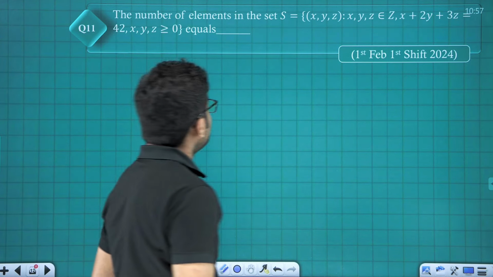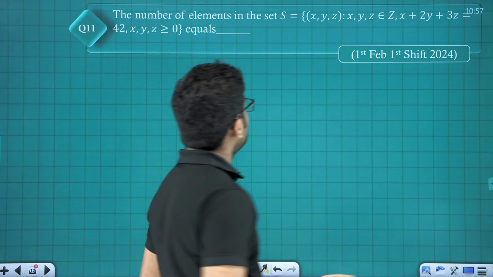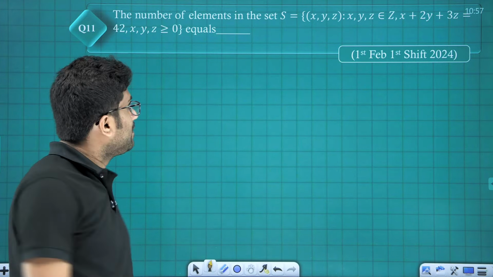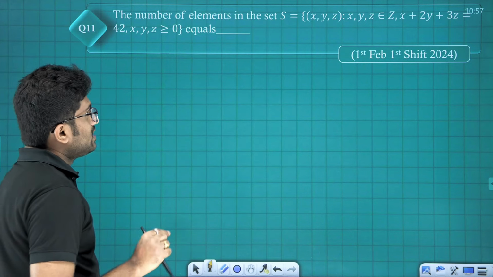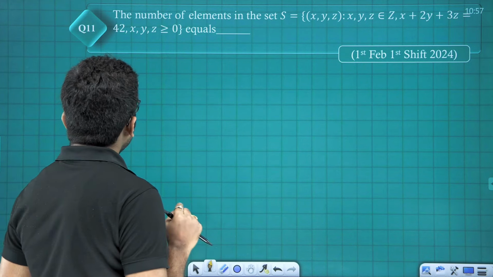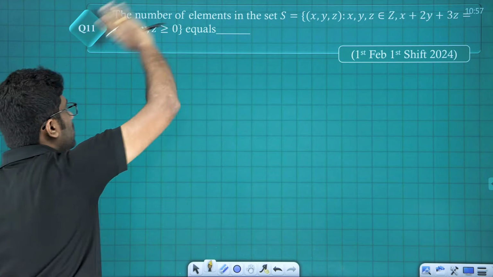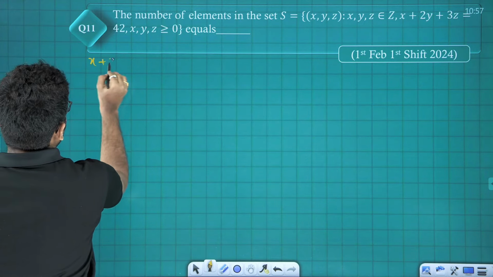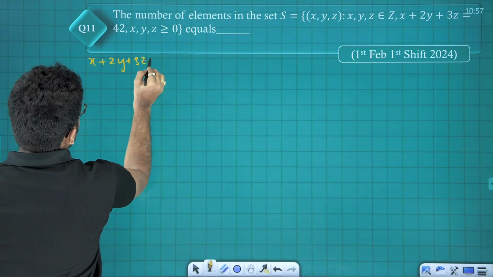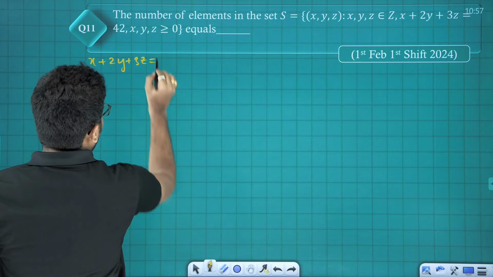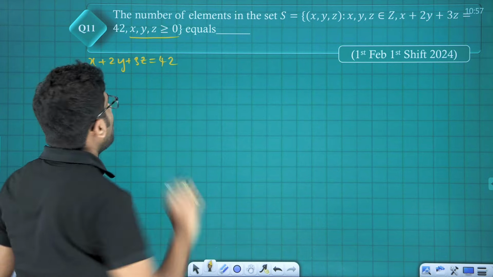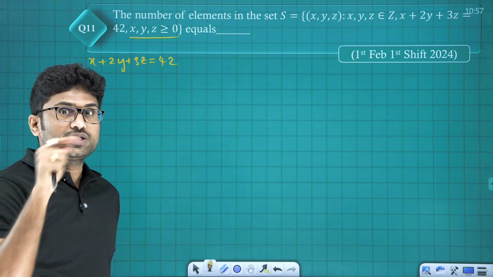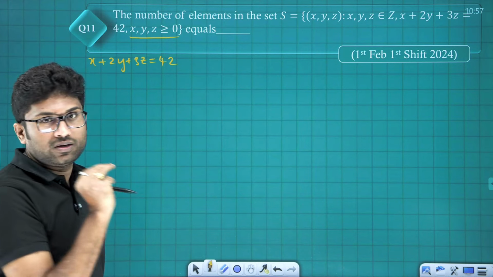The number of elements in the set S, which is the set of ordered pairs of x, y, z. x, y, z are integers, greater than or equal to 0. That means only non-negative values. We have x plus 2y plus 3z is equal to 42, and x, y, z should all be greater than or equal to 0. So in this case, friends, we can do either by using the binomial theorem or just by using simple sets concept,